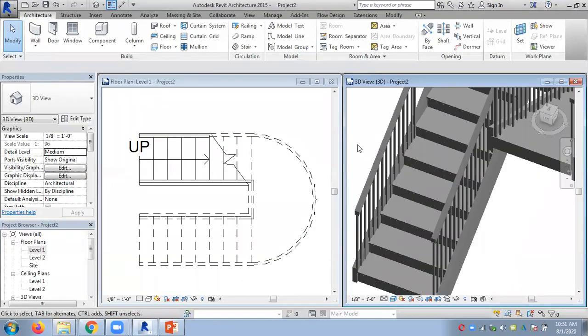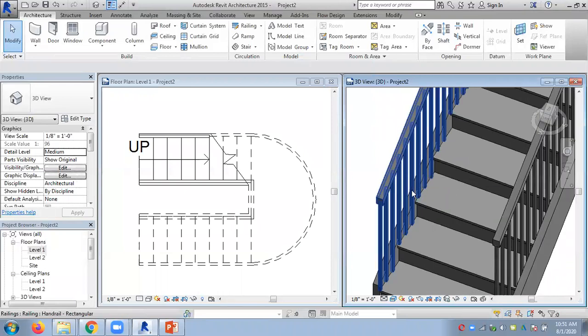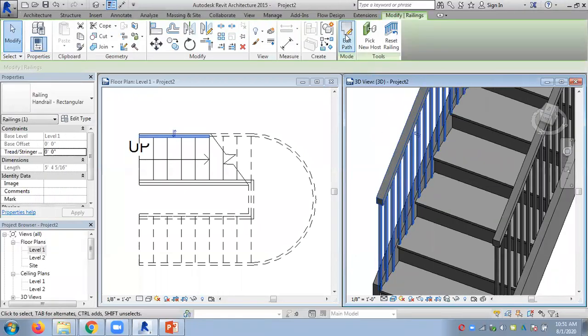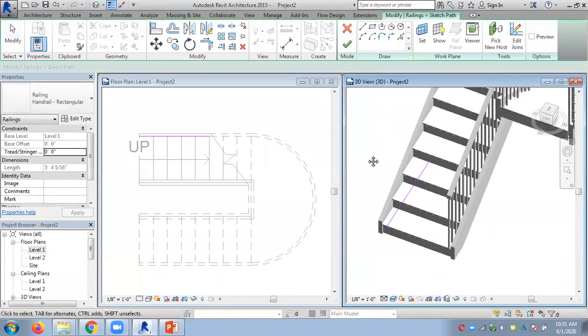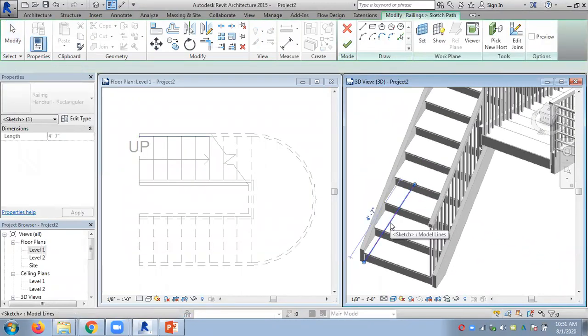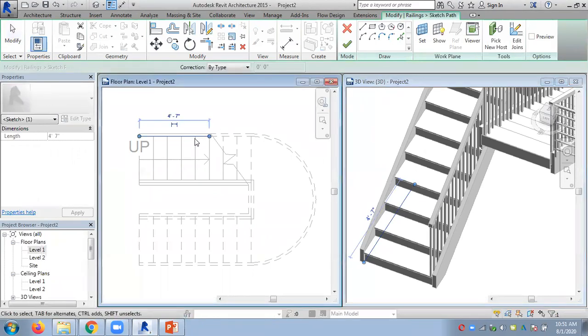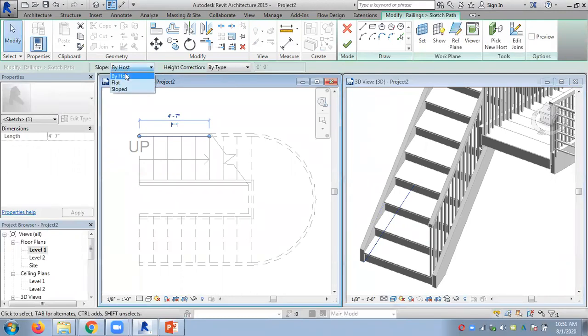Now talking about editing again, trailing edit path. Now we can do these kind of changes also. Earlier I just changed the site length and other things. Now here there's a tool called slope by host, or slope flat, or slope.